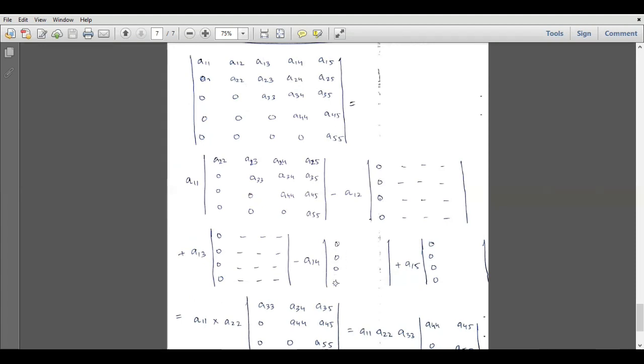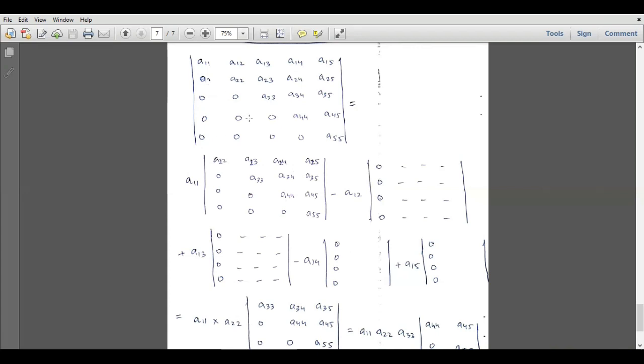The first column will be 0, and we will have further entries as well, plus A15 times the determinant of this submatrix. So in all these submatrices, the first entire column is equal to 0, and only this first matrix has one non-zero entry in the first